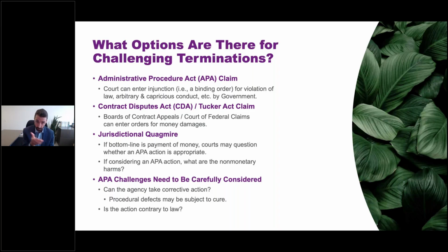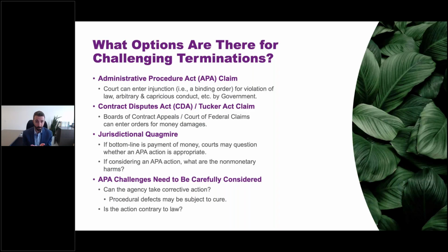And this gets to the bottom line. You can establish some of the things we were talking about. Maybe the CO didn't sign your notice, and that seems like a problem to you. Well, those kinds of issues can often be easy for the government to fix. If you bring an action and say, hey, this notice wasn't signed by the contracting officer, well, the government can go, okay, we'll find a new contracting officer and have that person fix it. So that kind of challenge can buy you time and force the government to maybe redo its action, but you have to ask yourself, is the forcing mechanism of that actually going to lead to the bottom line result you want? Or is the government going to be able to find another contracting officer who can validly terminate?